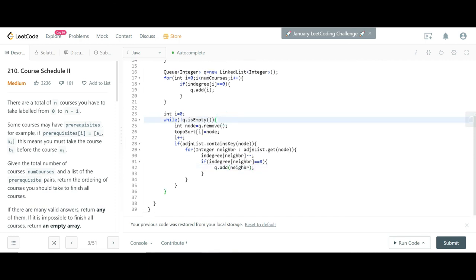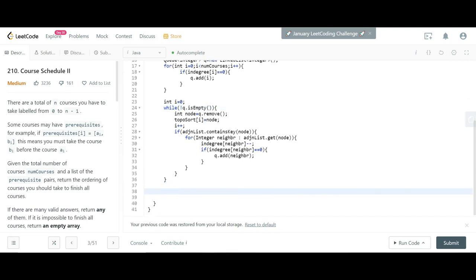And we have to complete this process. And at last, what you have to check is, this is for checking the loop condition. The i value will be, at last, the same as the number of courses, right? If everything is going properly.